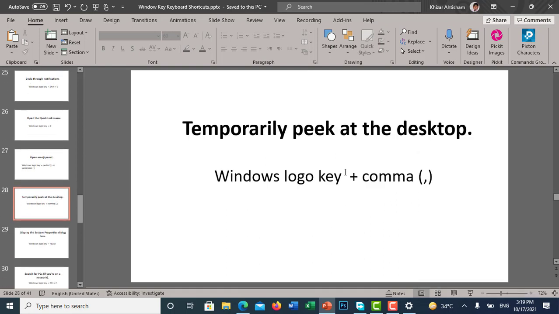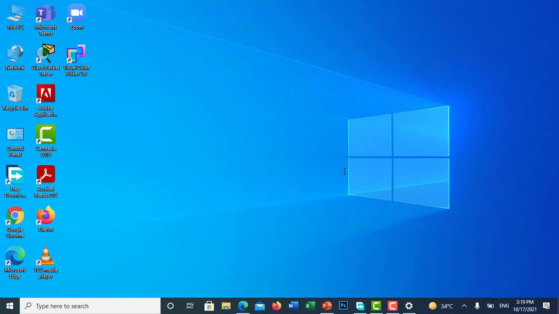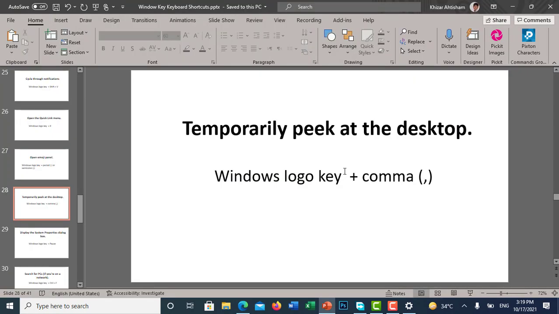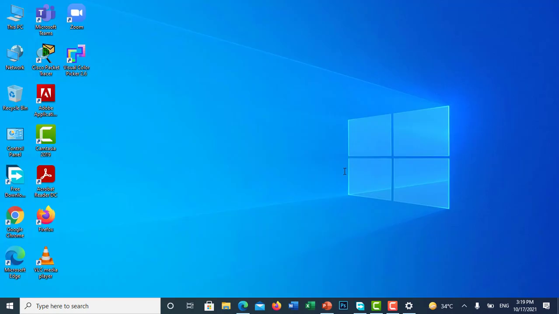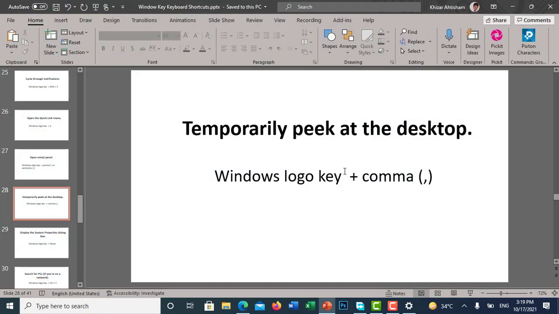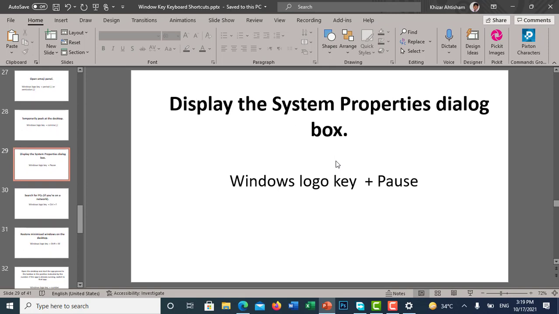Okay. If you want to temporarily peek at your desktop, what you have to do is press window key plus comma key. You can see that for the time duration I press both of the buttons, it temporarily peeks at the desktop. Fine. Our next key is